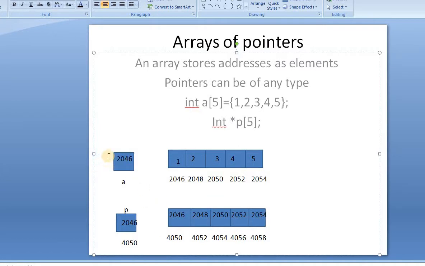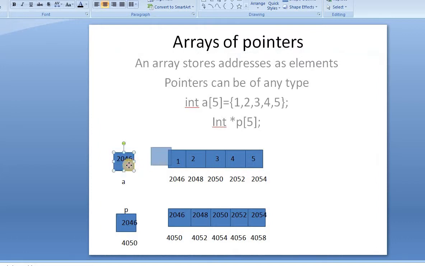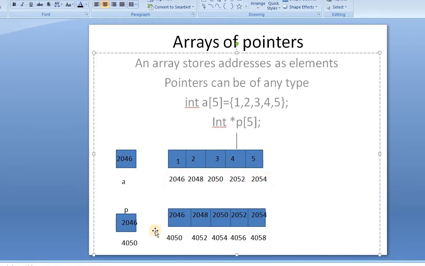So you can see the representation or memory allocation of these two arrays. This is the array A. The array has elements 1, 2, 3, 4, 5, and these elements have their specific addresses, that is 2046, 2048 up to 2054.